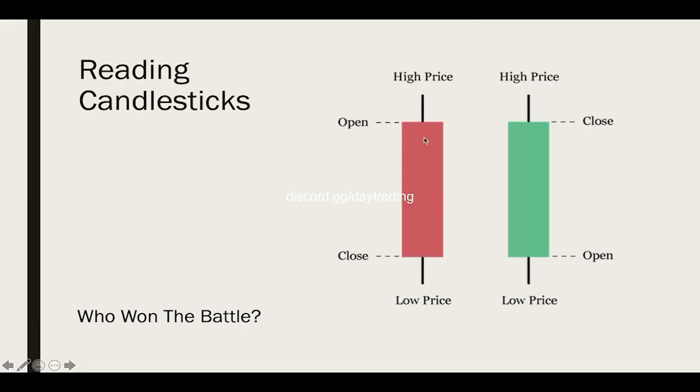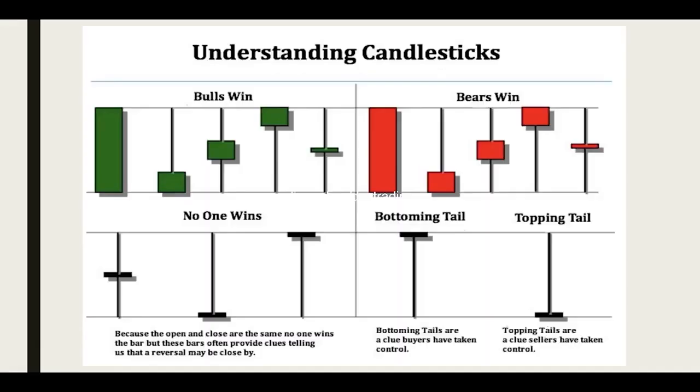If it's a red candle, that means it opened at a higher price than it closed, right? That means it went down during that time frame. So it closed at a lower price than which it opened. These wicks represent the same thing, the absolute highs and the absolute lows of the candlestick right here. Okay, so if it's red, it went up. Oh, I'm sorry. If it's red, it went down. If it's green, it went up. Okay, and the one question we always have to be asking ourselves here is, who won the battle, the buyers or the sellers? Okay, so let's look at this diagram to have a better understanding of what different candlesticks mean